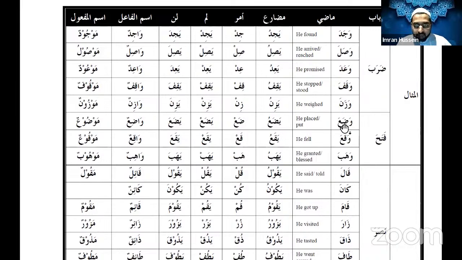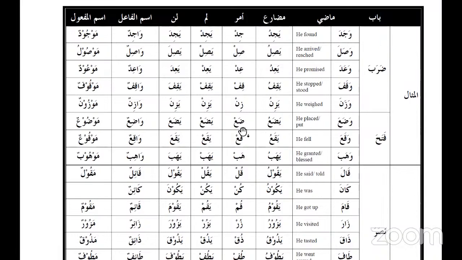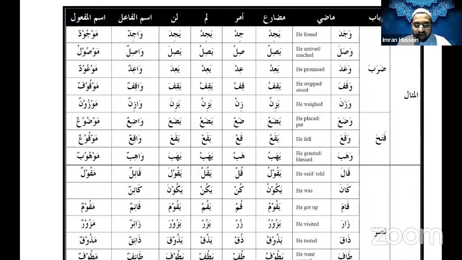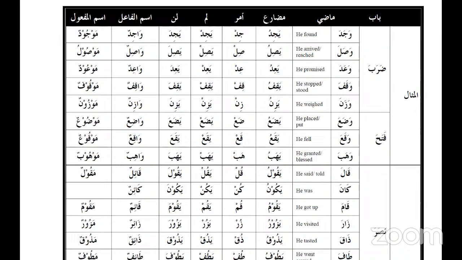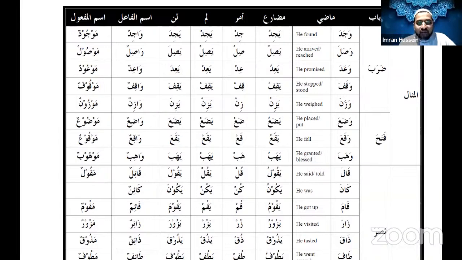Sister Shabna, come on the mic, please. Wada'a, he put. Yada'u, he is putting. The command is dha. Can you see this now? Sal and dha are exactly the same. So the waw was the weak letter that's been dropped. That's what you would assume. The waw is the weak letter that is dropped, but it's not. With sal, it's a hamza which is dropped in the middle.